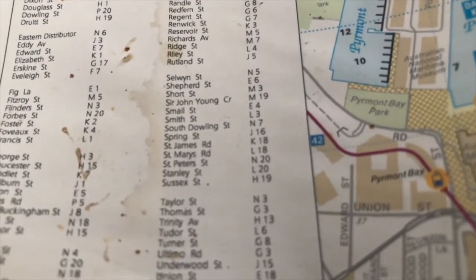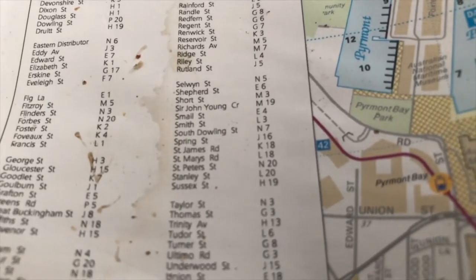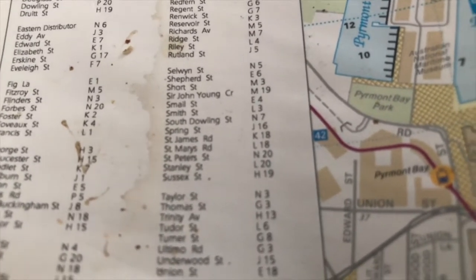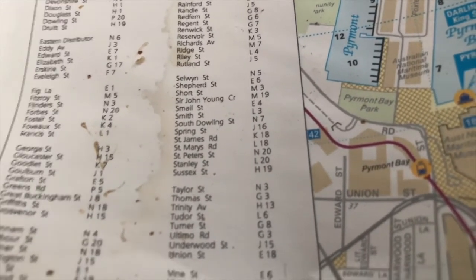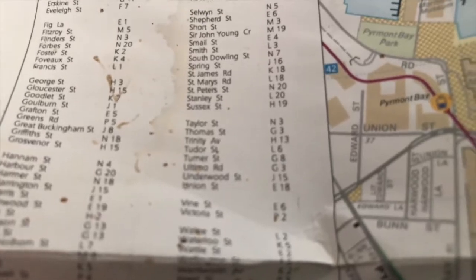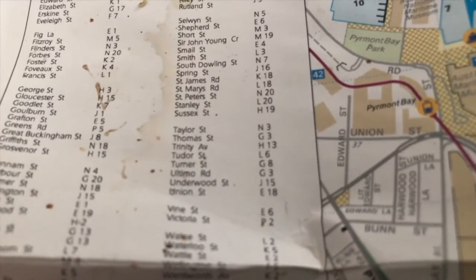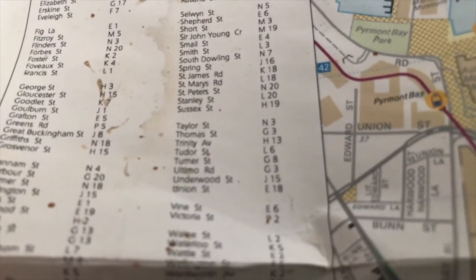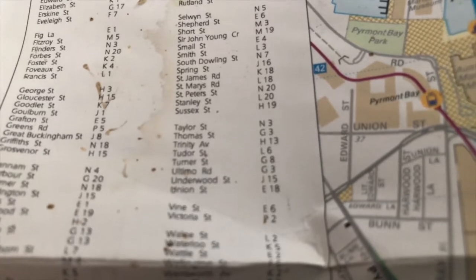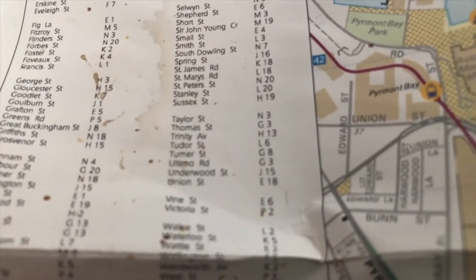James Road K18, St. Mary's Road L18, St. Peter's Street M20, Stanley Street L20, Sussex Street H19, Taylor Street N3, Thomas Street G3, Trinity Avenue H13, Tudor Street L6, Turner Street G8, Ultimo Road